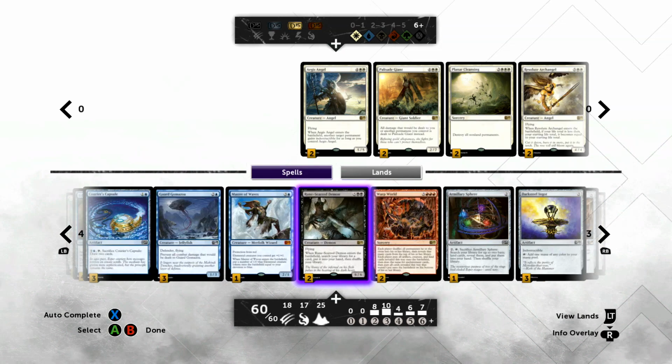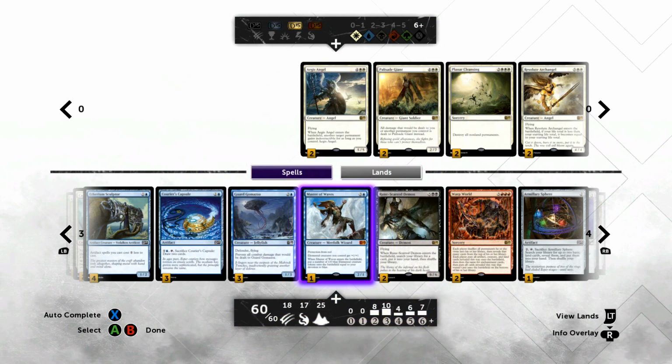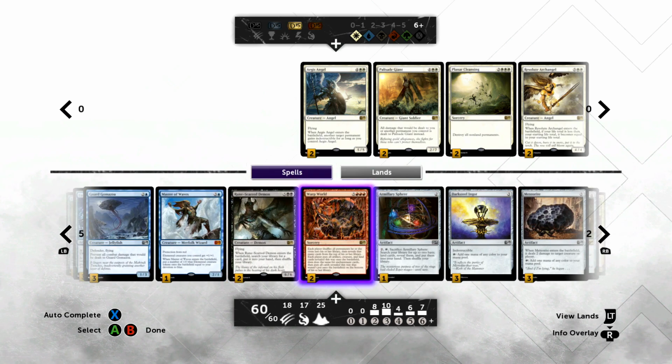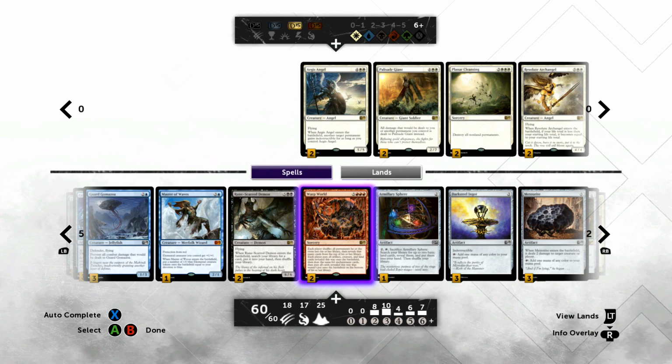So how do we do that? Well, we play cards like Master of Waves, which generate additional permanents and increases our permanent count. I think this deck is somewhere around above 90% permanents. I think the only card actually in this deck that is not a permanent card is Warp World. So while your opponent is flipping over Cultivates and Shocks and Ground Assaults and things like that,